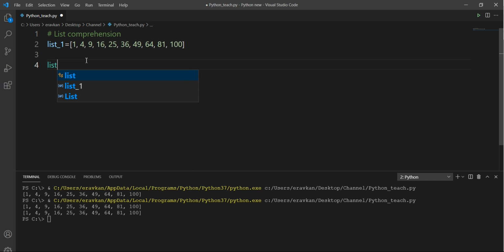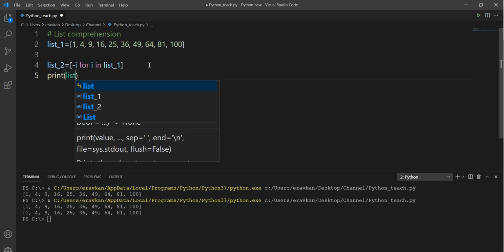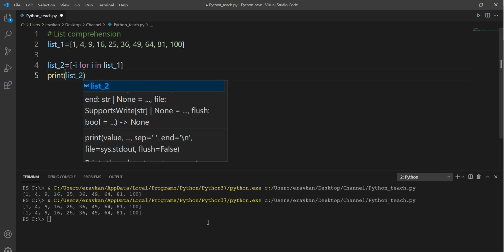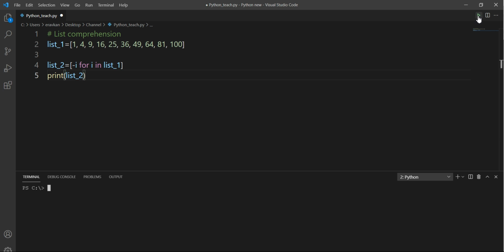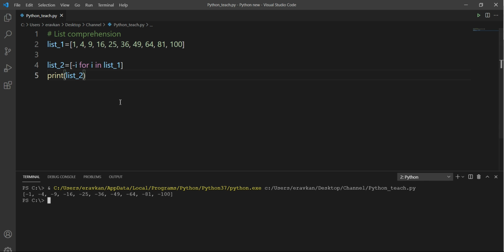Let us do it by list comprehension: negative i for i in list_1. So this is done in one line. If I print list_2, you will get the negative values by using list comprehension.